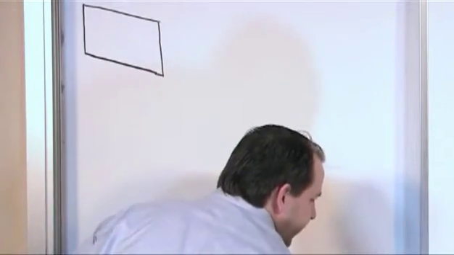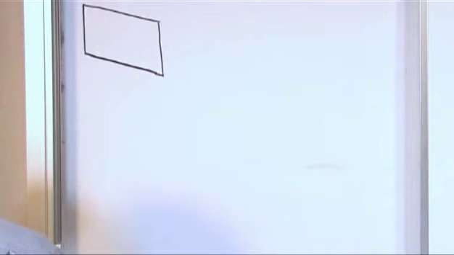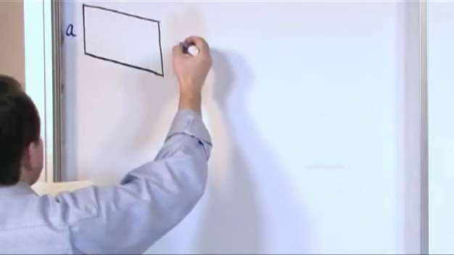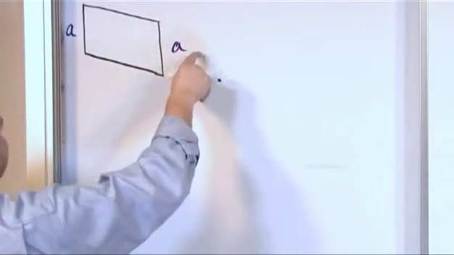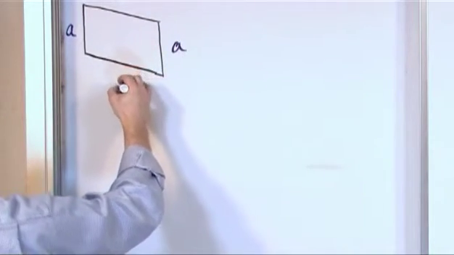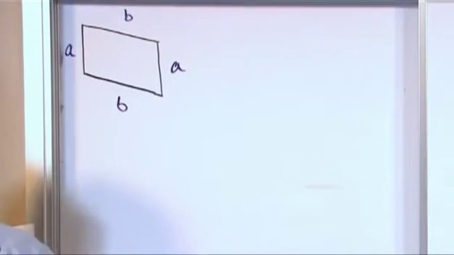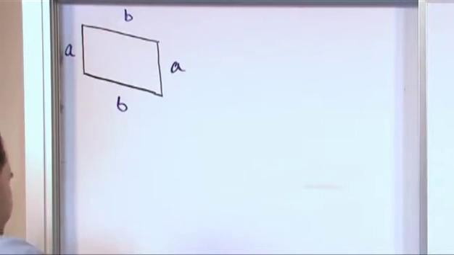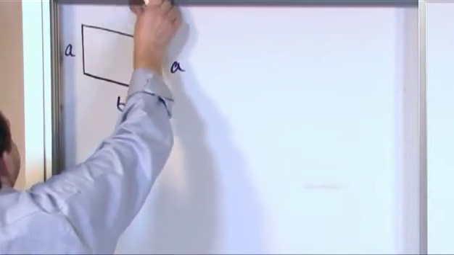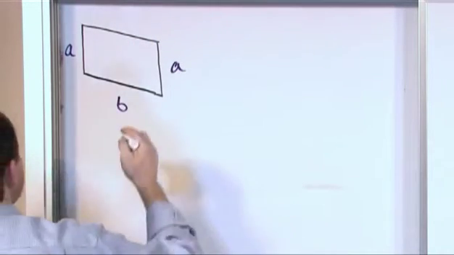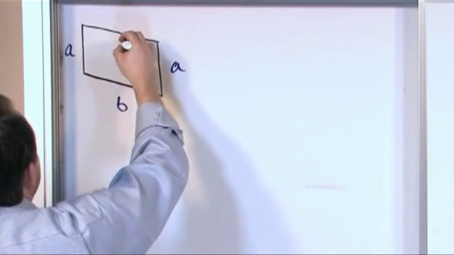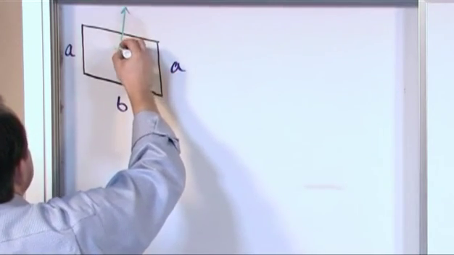And we'll do some quick labeling, because we'll use these labels later. We'll call this side A, and we'll call this also side A. What I mean by side A is that this has a length A and this has a length A. This one we'll say has a length B, and this one has a length B, so we know it's rectangular. One thing we're also going to draw, and we'll see why in just a second, is a vector from the center of this loop going up like this, and this is 90 degrees